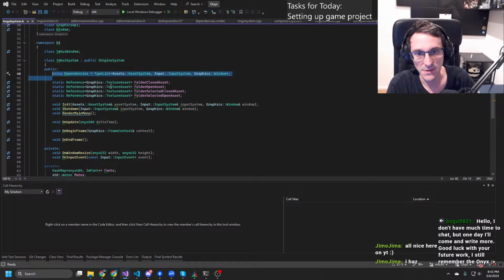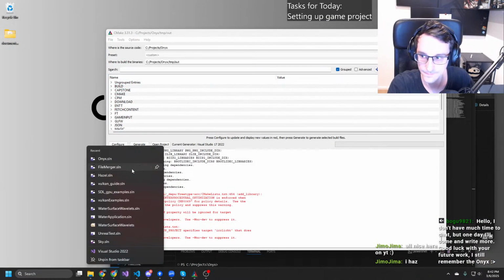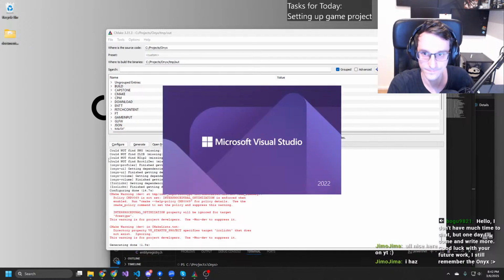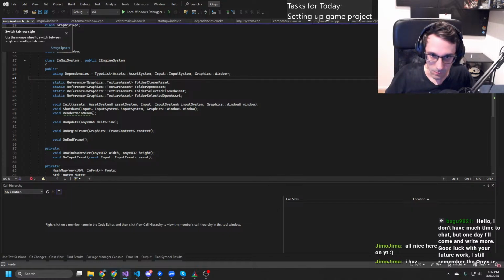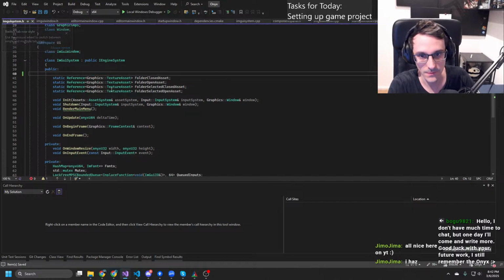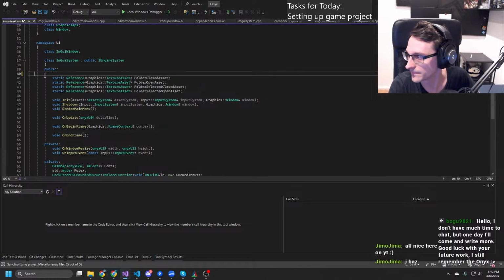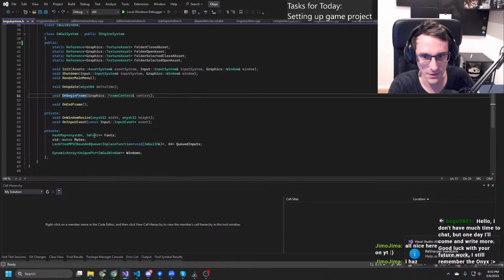And get rid of those dependencies. Those are like the old legacy thing I cannot delete again. Oh my god. So yeah, let's remove that again. And yeah. God damn it, too much. And that's the ImGUI system, and then let's add our